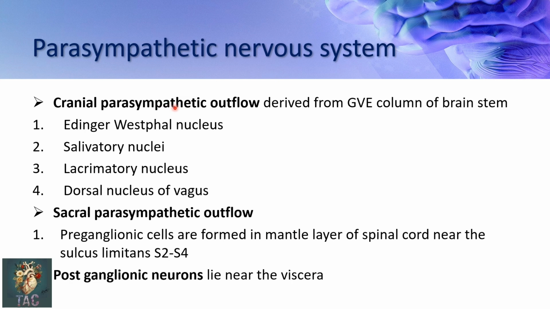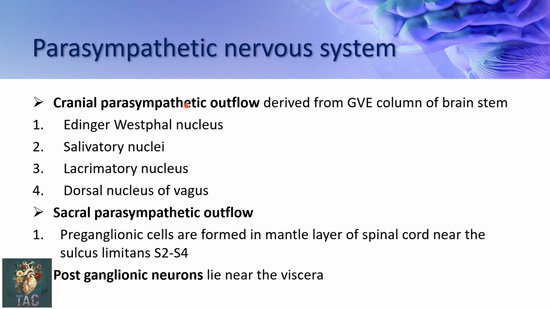Parasympathetic nervous system, it may be cranial or it may be sacral. It is also called the craniosacral system. So cranial parasympathetic outflow is derived from the general visceral efferent column of the brain stem. The nuclei which are present in the central nervous system are the Edinger-Westphal nucleus, which is related with the third cranial nerve, the salivatory nucleus, lacrimatory nucleus and dorsal nucleus of the vagus. So please remember these all nuclei are MCQs as well, because from all of these nuclei the cranial parasympathetic outflow